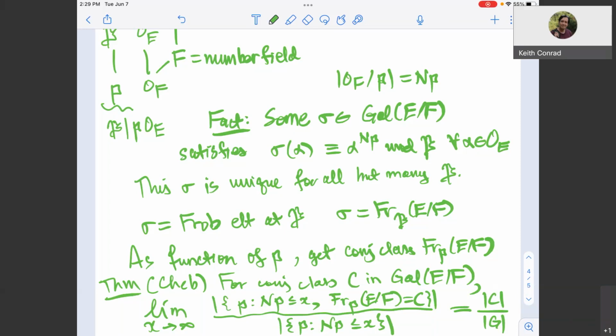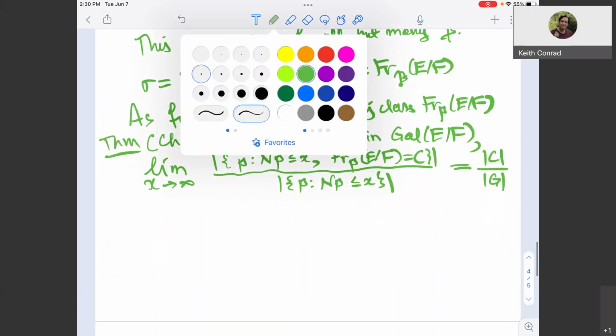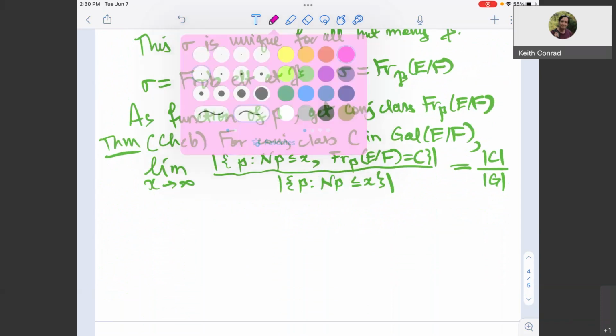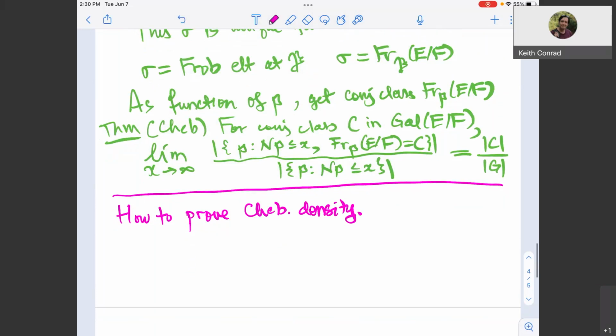Okay? Yeah. So how do we prove the Chebotarev density theorem? Let's switch colors. What should we use next? Pink? Let's use pink. Okay, so we have 20 minutes. Fasten your seatbelts. All right, so